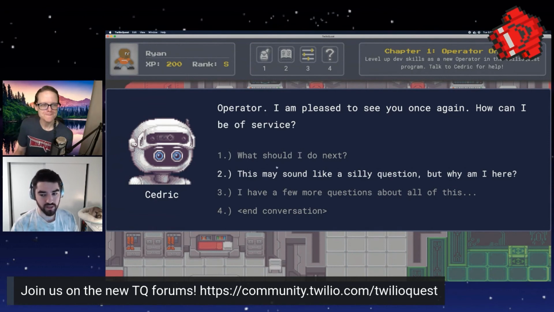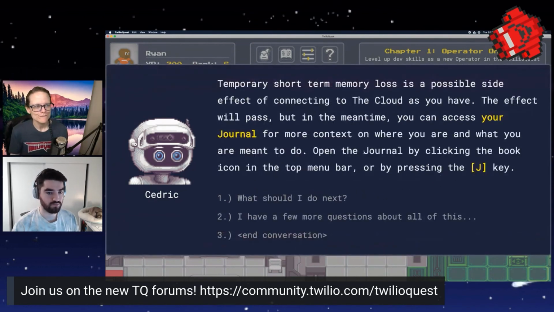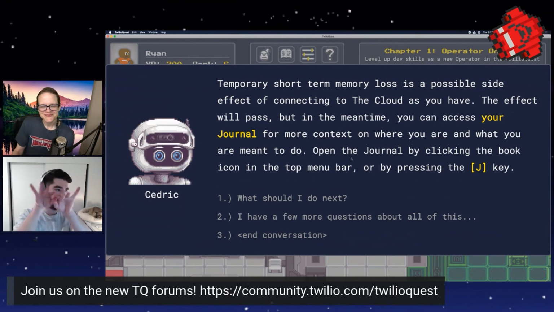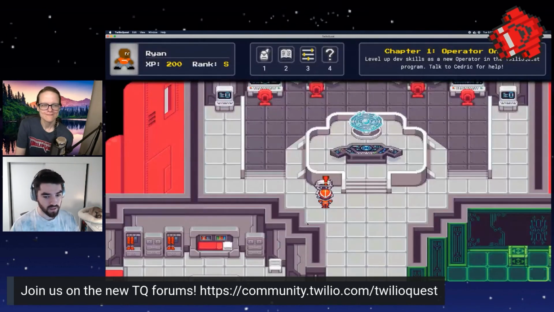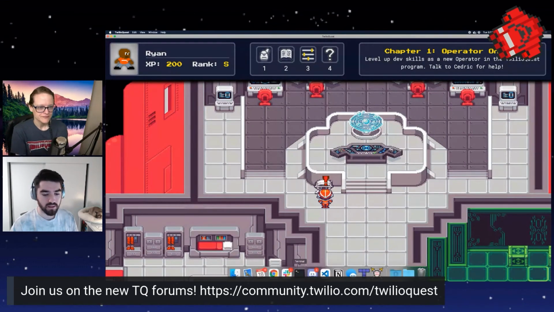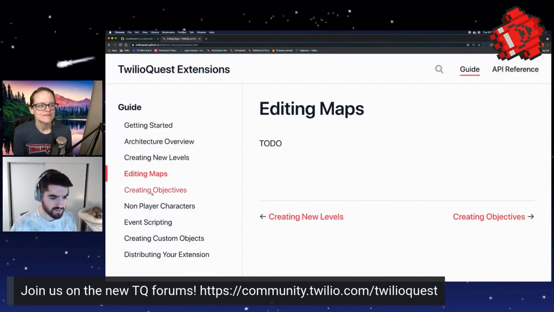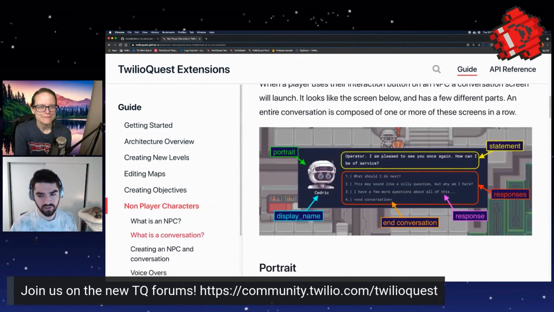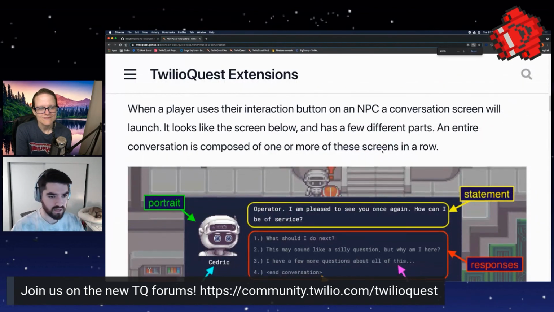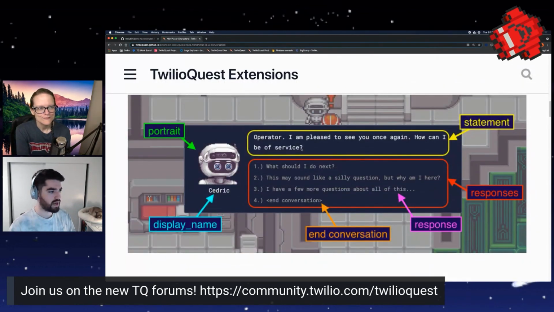And then I can choose options to continue the conversation, and we kind of go down this branching tree structure of conversation. So Cedric tells me something, I respond. And then the final bit is there's this end conversation button that brings me back out to the Fog Owl. And this is one place where I think that this particular diagram is maybe minuscule, but a conversation is broken into all of these various parts,